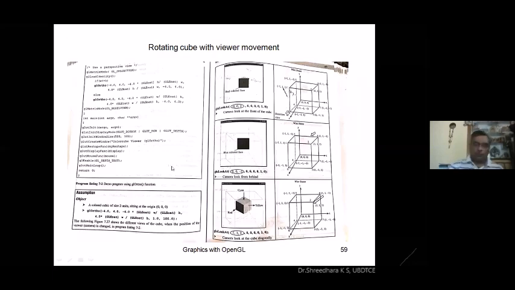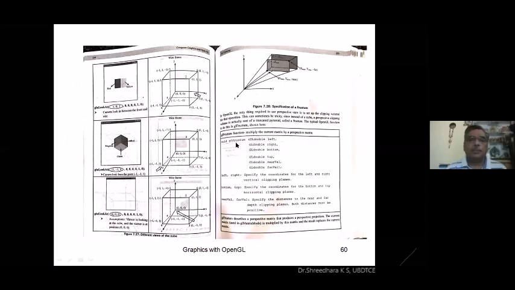The glFrustum built-in function that we use has a total of 6 parameters: left, right, bottom, top, near value and far value. Left and right are the corner points, and bottom and top specify the coordinates of the bottom and top of the horizontal clipping plane.